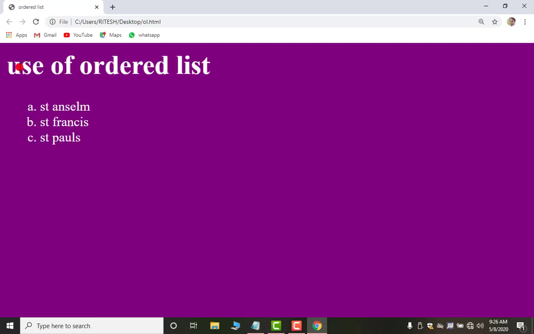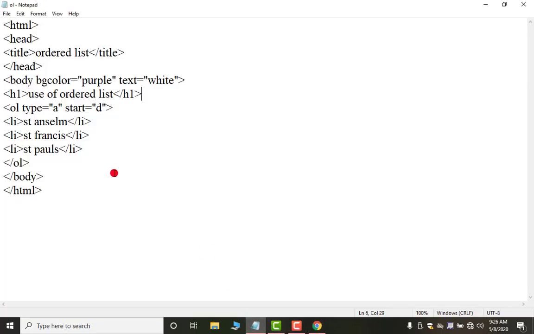Now if you want to display this in the center of the screen or on the right of the screen, you can use it here. Just near this H1 you have to write ALIGN equal to double quotes and center, double quotes close.